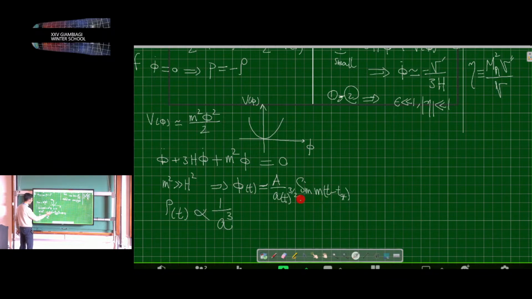Okay, so what happens is that after the inflaton rolls to the bottom, it is going to oscillate because of this sine, at the bottom of this potential, and its energy density decays as 1 over a cubed. So the equation of state now, instead of being close to -1, becomes close to 0. It's like having matter. What is the interpretation of that?